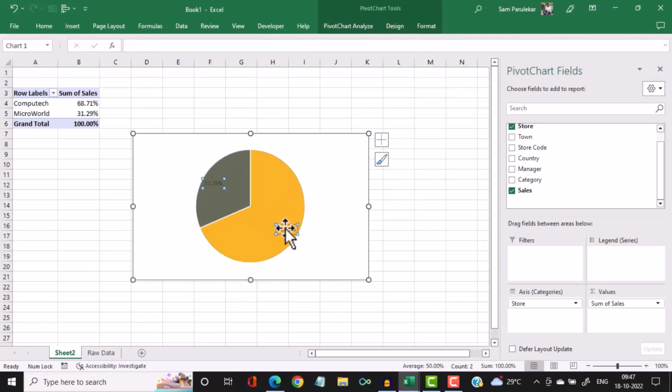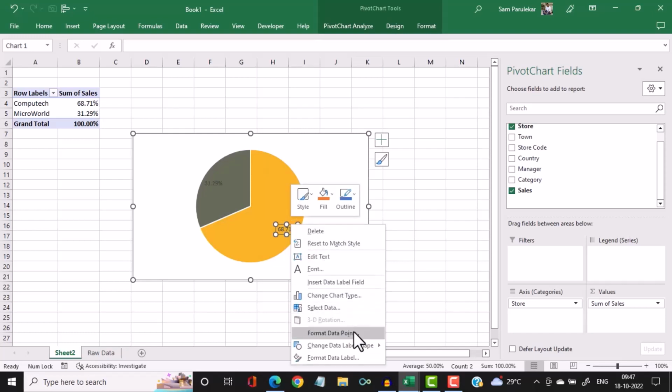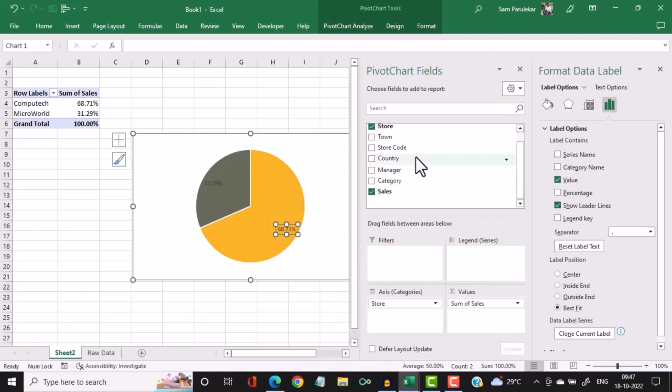Or you yourself can redesign them, so you can move this and you can even format these data labels. Okay, and you have this, you want to see it as a percentage, you can see that. You want to show the category name, you can show the category name also. And same way for this also, you can say show the category name, and you can